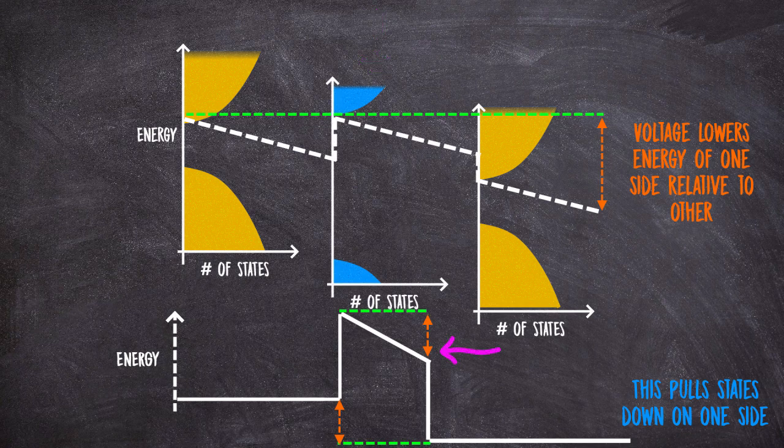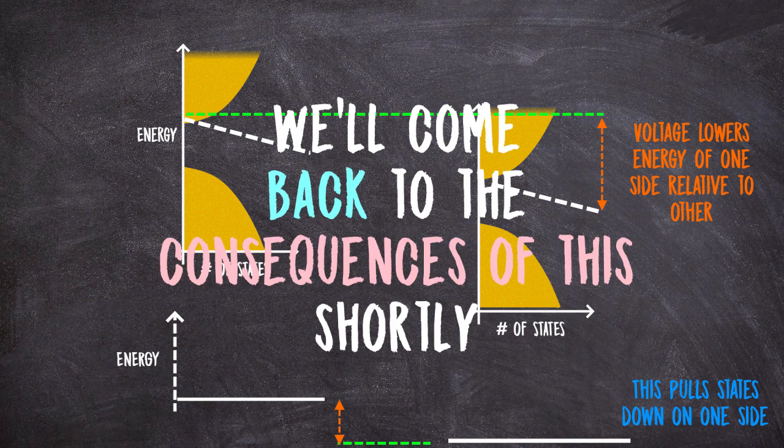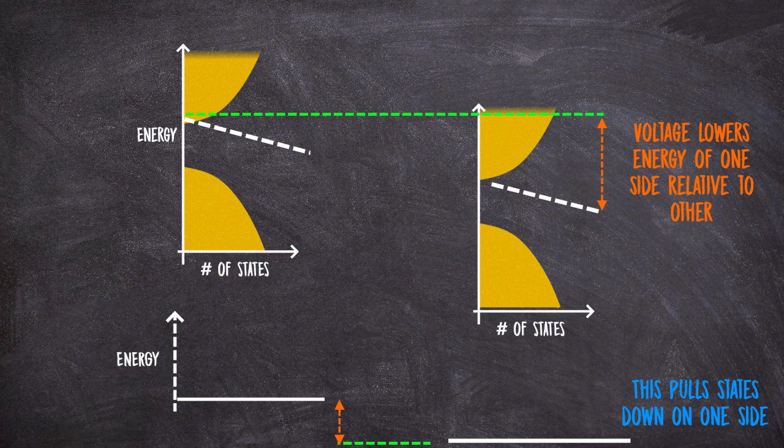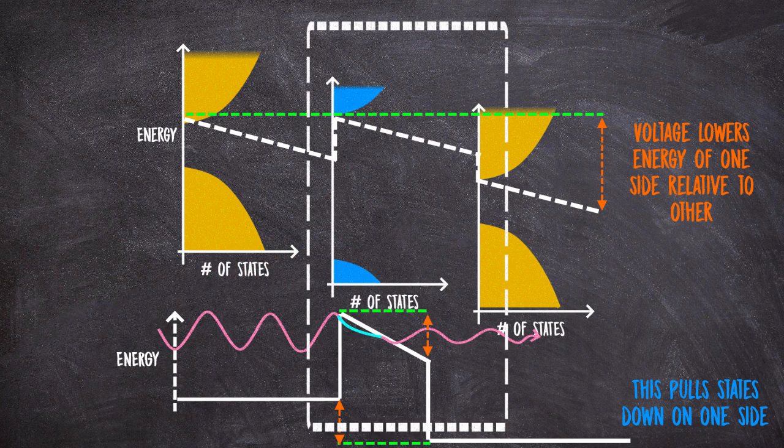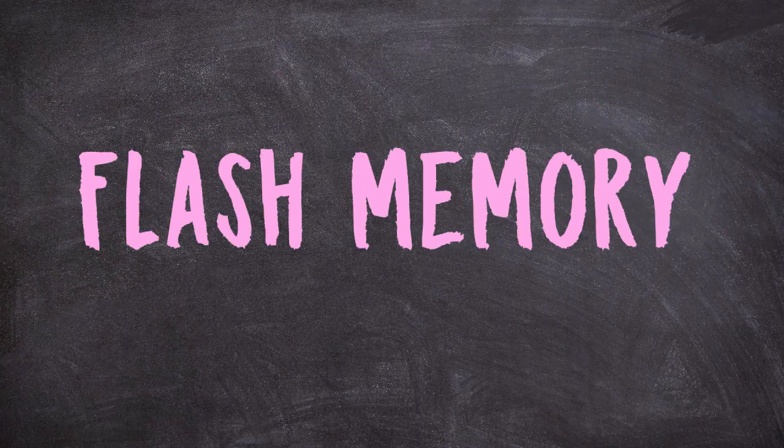Basically, one side of the insulator will then be lower in energy than the other, and that's our kind of rectangular energy range of evanescent states is now more triangular, which means that electrons at many energies have less distance they have to evanescently leak through, so effectively the barrier to evanescent transmission is smaller. In fact, we'll actually return to our first ramification where the two semiconductors have shifted energies in a second, but this simple fact alone, the fact that the tunneling barrier of the insulator reduces with voltage, is all we need to understand our first technology, flash memory.